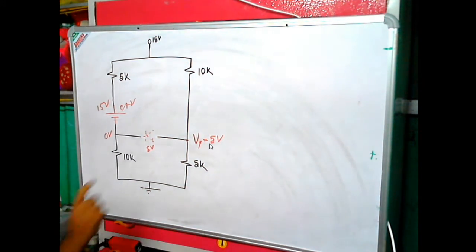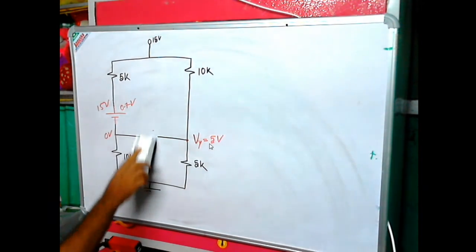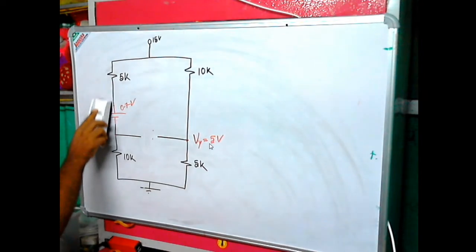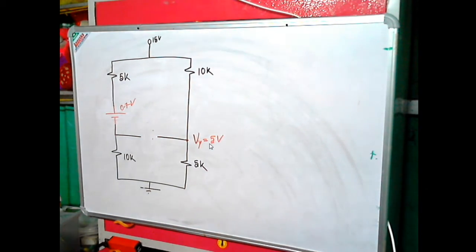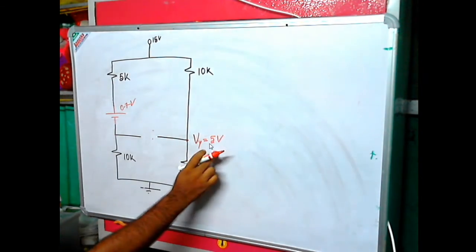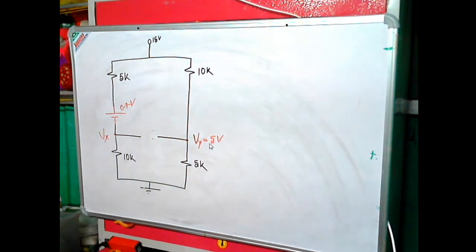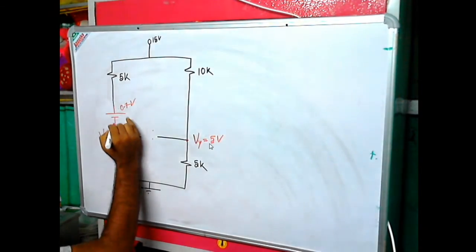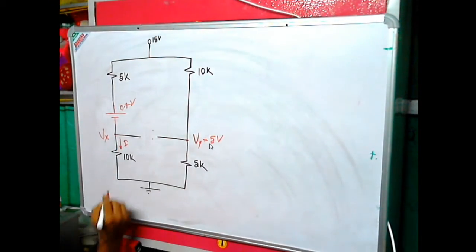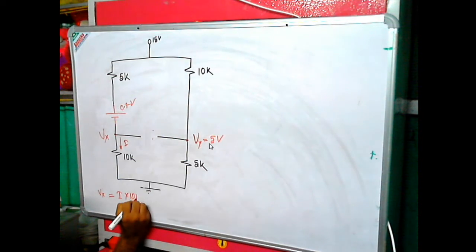Now you have to find the status of diode D2. This is basically the picture, and you can see the potential over here is 5 volt. Now you have to find this potential. Let us assume this is Vx. So we can find the value of Vx. Let us assume the current through this path is I. So Vx is basically I into 10k, with I in milliamperes.